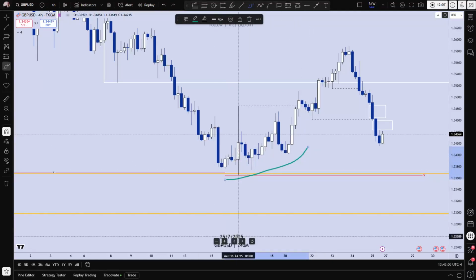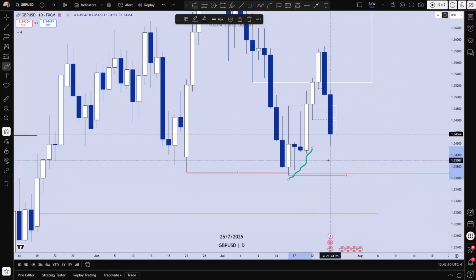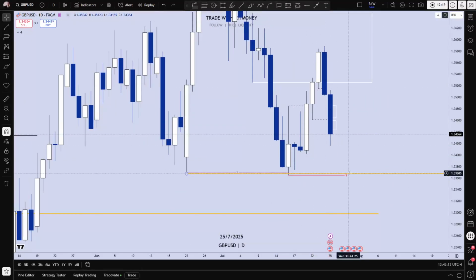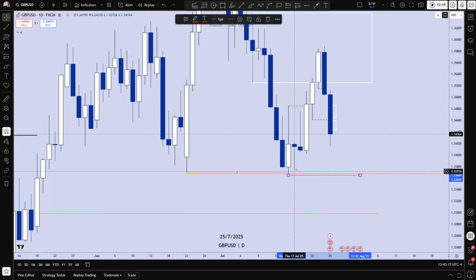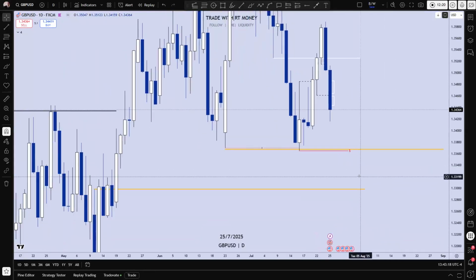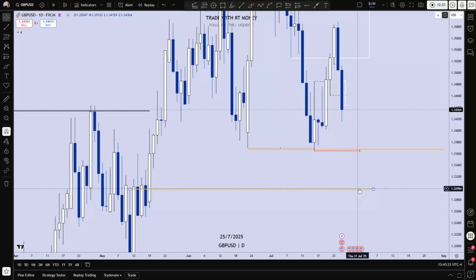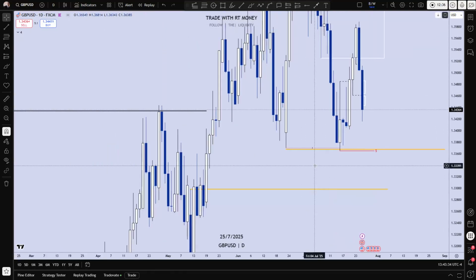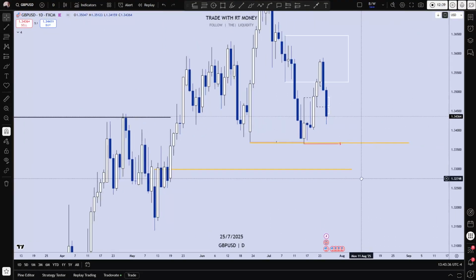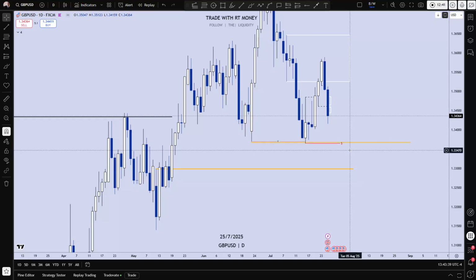I'm looking at these lows as the draw on liquidity, and I'm looking for price to sweep. That's why I have this target here, and I think the next target would be down here at, like I mentioned earlier, 1.3299. Really 1.33. Just look at that, and you tell me what you think. I think we're heading down. The intent seems pretty obvious to me.